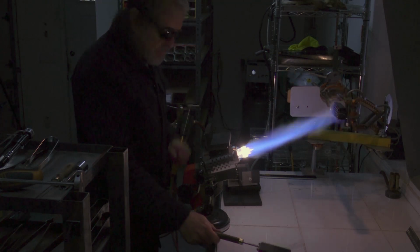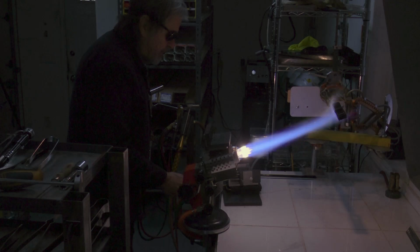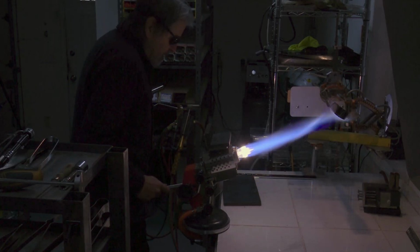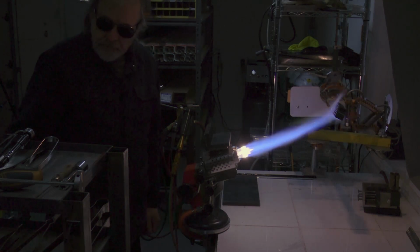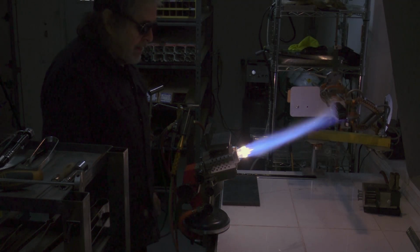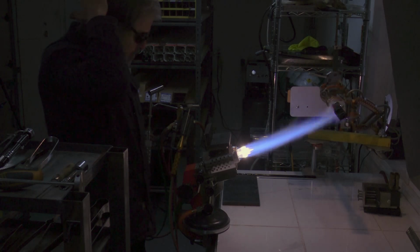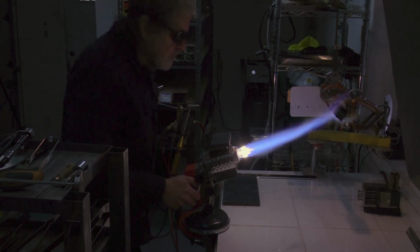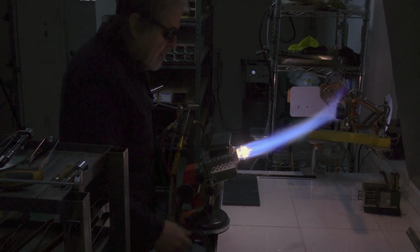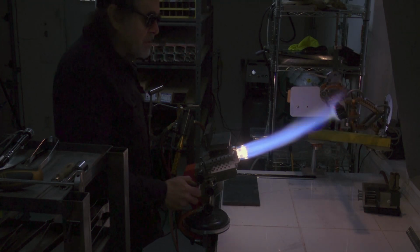Gonna heat this thing up in the far flame. Hopefully it won't explode. Get this hot guy out of my way. Once I get it tagged together, I'll be a little bit happier, but at the moment, this is a scary place to be. So, got the 65 millimeter Herbie running pretty much wide open,